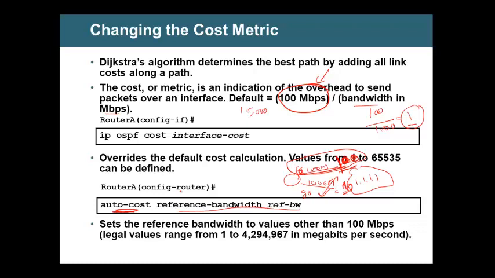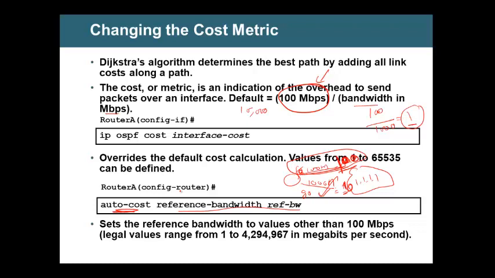Automatically, cost is calculated. But you know, we can go and configure cost manually. If you do that, then you no need to worry about this. If you are going to go to every link and set the cost manually, simple, you go to the interface and say ip ospf cost and give a number. If you do that, this formula will not be in use because you have given the cost manually. There is no need for auto cost. But most of the time, people rely on auto cost. For them, this is the important topic.